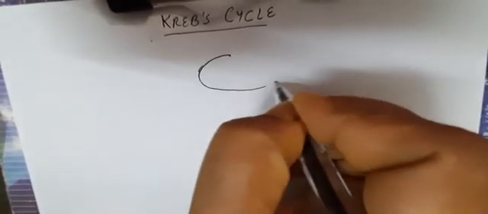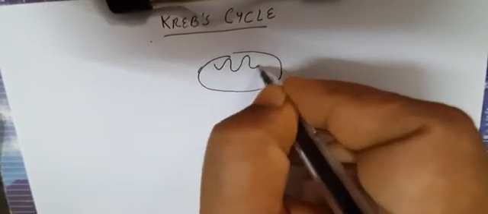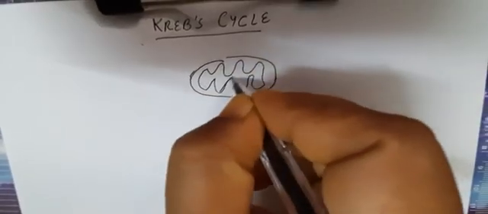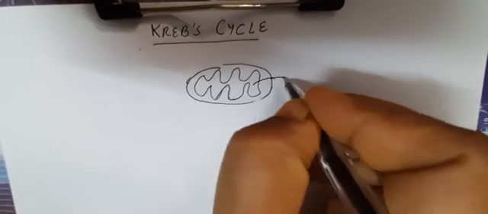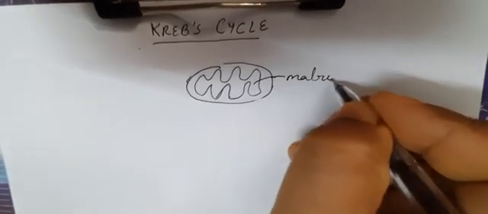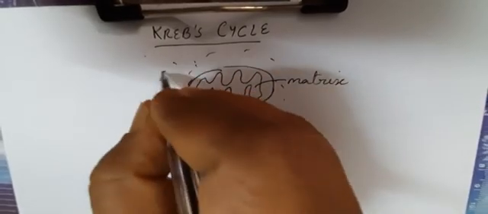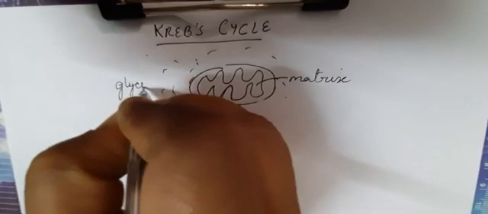Suppose this is the mitochondria, so this will be the mitochondrial matrix, and this will be the cytoplasm. In the cytoplasm, glycolysis will take place,